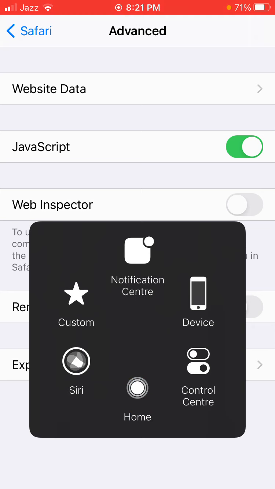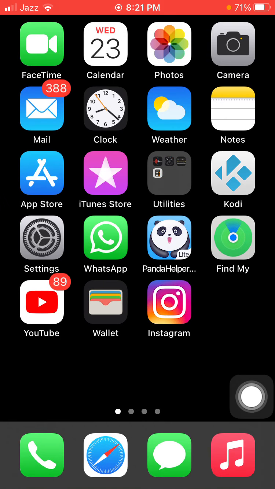After that, force close the settings app and also force restart your iPhone by quickly pressing and releasing the volume up button, quickly pressing and releasing the volume down button, and pressing the side button until the Apple logo appears. And if you're using an old iPhone, then press the home button and the power button at the same time until the Apple logo appears. After the force restart, you can use the Safari browser and you will see the change,